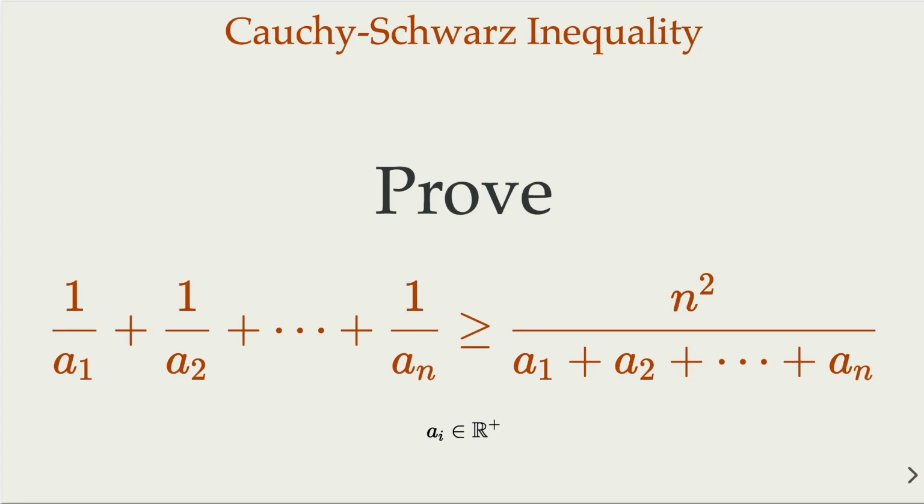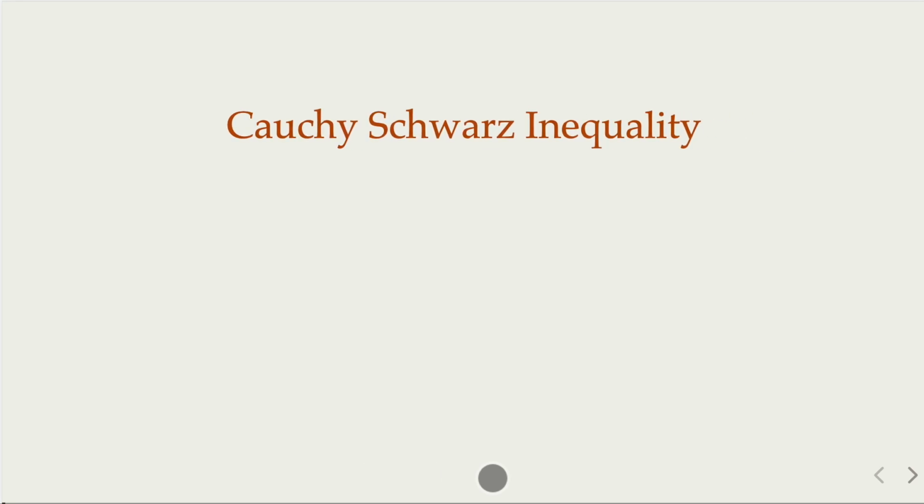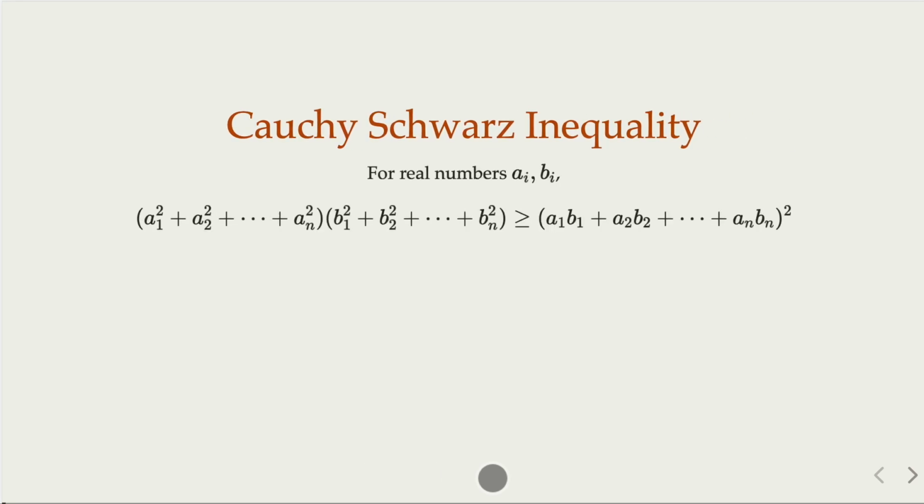We look at an application of the Cauchy-Schwarz inequality. We want to prove this inequality for positive real numbers a sub i, in this fraction form. All right, so let's review the Cauchy-Schwarz inequality, which says, for real number sequences a sub i, b sub i,